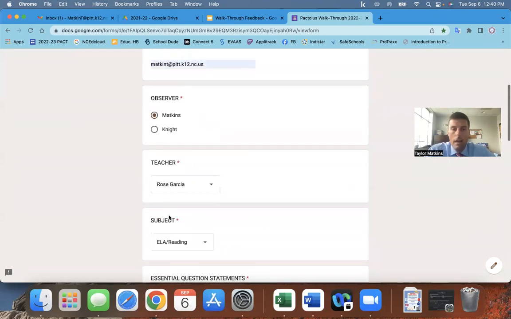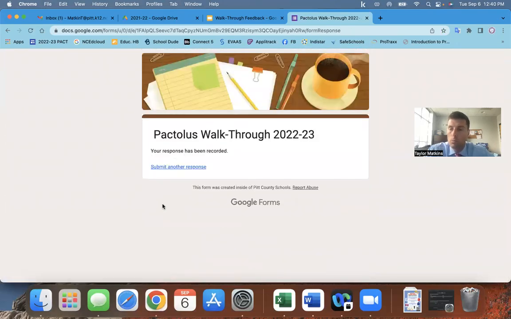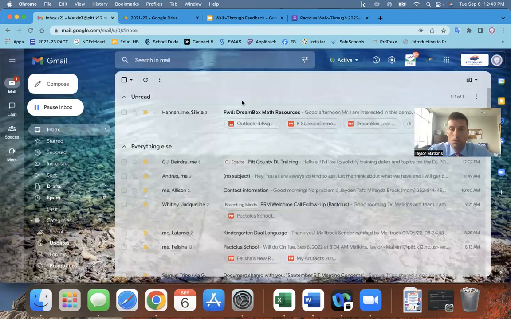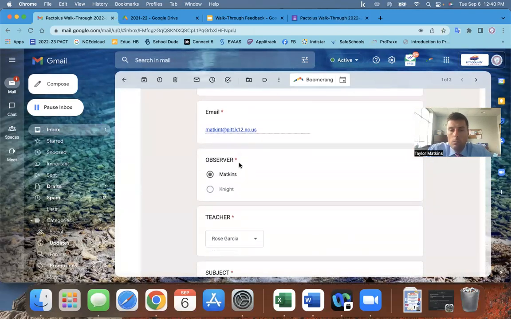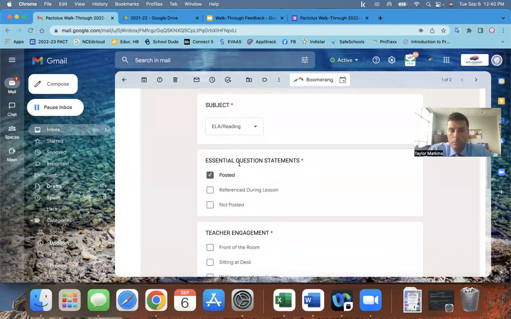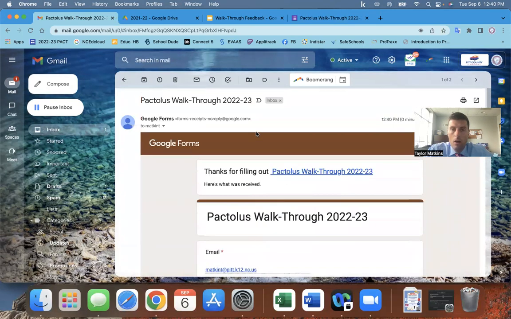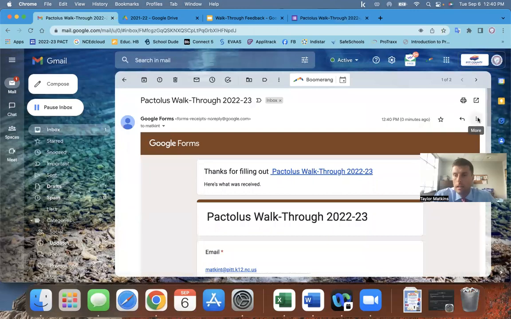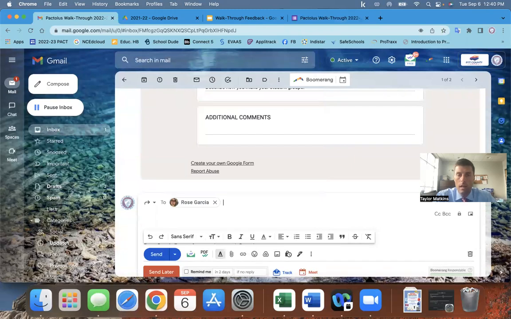So after that is completed, we will hit the submit button. Now, this will not go directly to you immediately. What will happen is it will come to our email. So as you can see right here, this is the form that I just filled out, and this is what it looks like. Of course, it has all this information that I already clicked, and then the question down here. So what we will do next is we will forward this to the teacher, Miss Garcia, and then